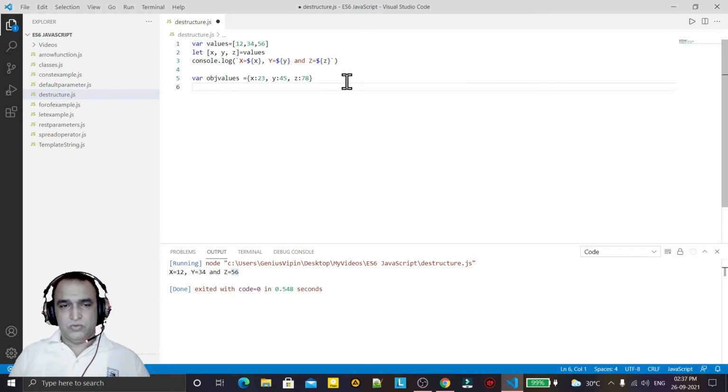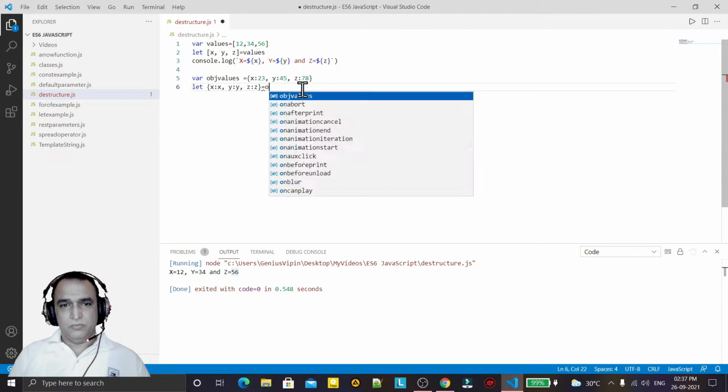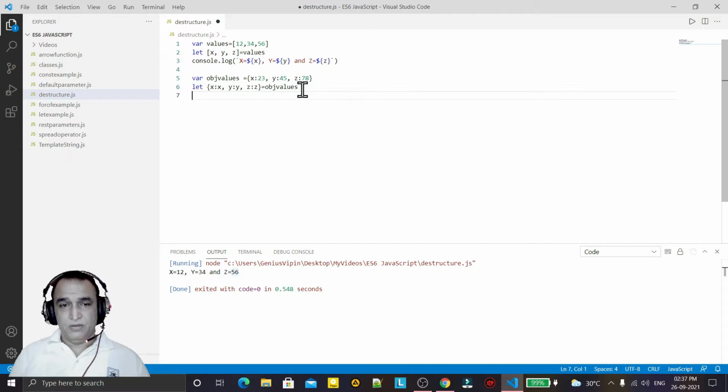So we can also have this type of structure like this, and I say x equal to x, y equal to y, and z equal to z, and here I say obj values. Similarly, I can display this information with the help of console here like this, and I save it and I run it,